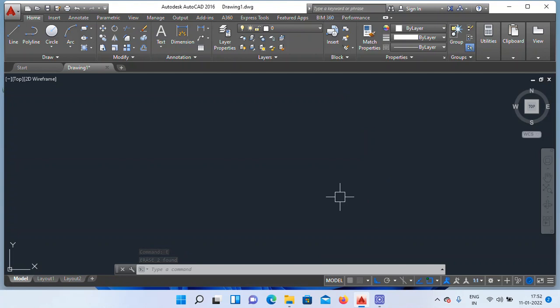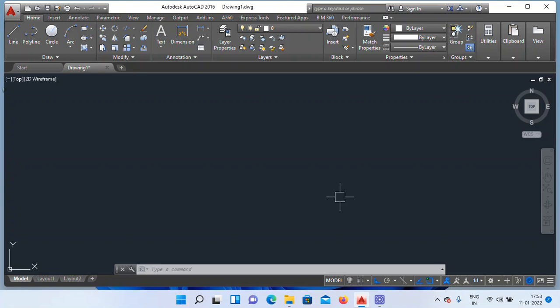Next, the pan command is used for agitating the drawings on the screen from one place to another place, not moving permanently, only temporarily moving on the screen. The objects are temporarily moving from one place to another place, not permanently.